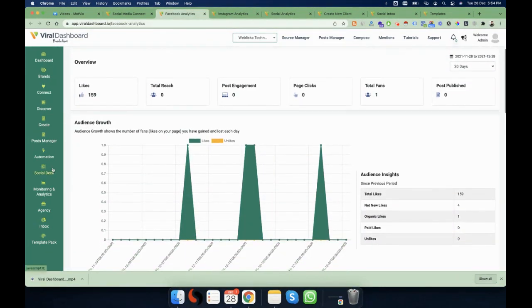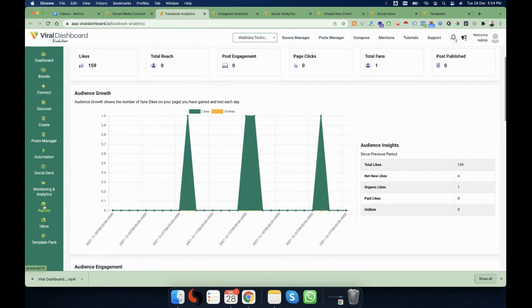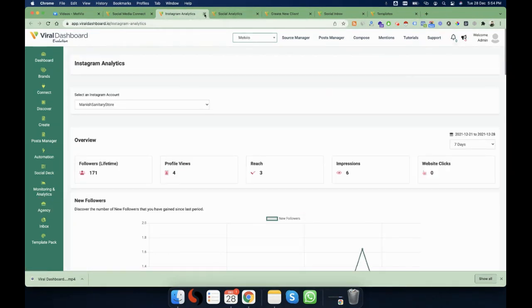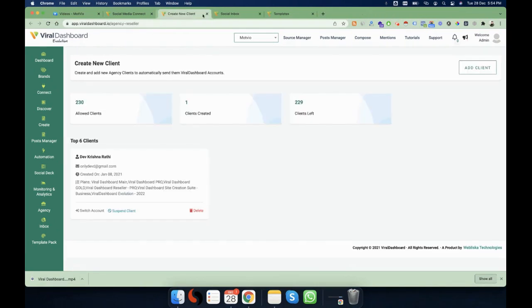Now coming on to the next part, which is agency. So if you guys have taken the agency plan, you will be able to create the clients. Okay, so if you want to be our reseller, and if you like this tool, you want to resell the Viral Dashboard Evolution platform and also make money at the same time, we give you plenty of options to do that. So if you bought the agency plan, you will see a similar tab like this